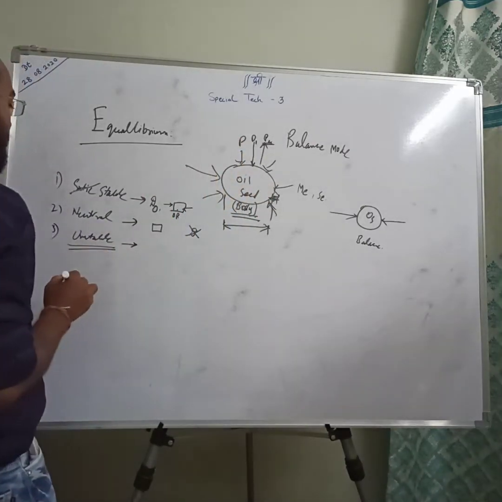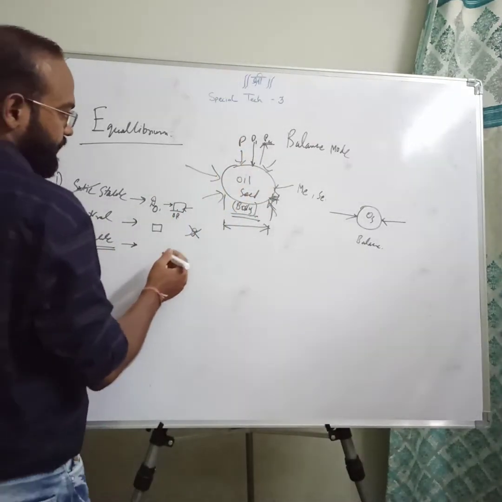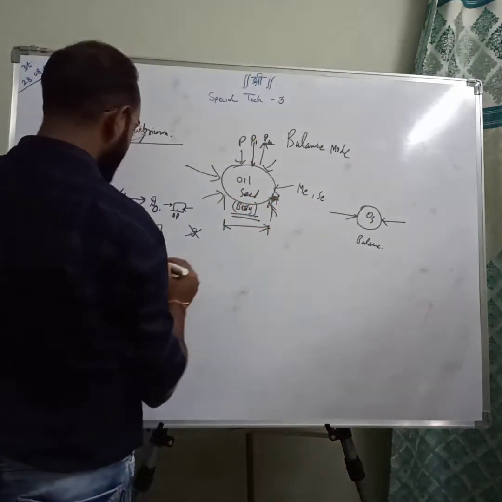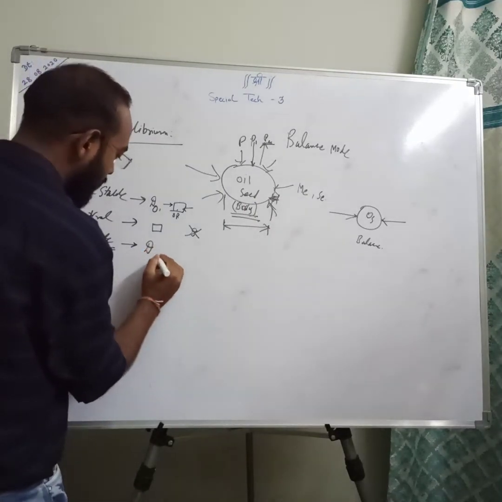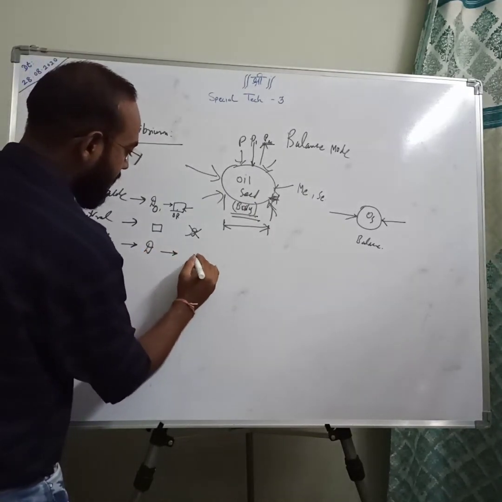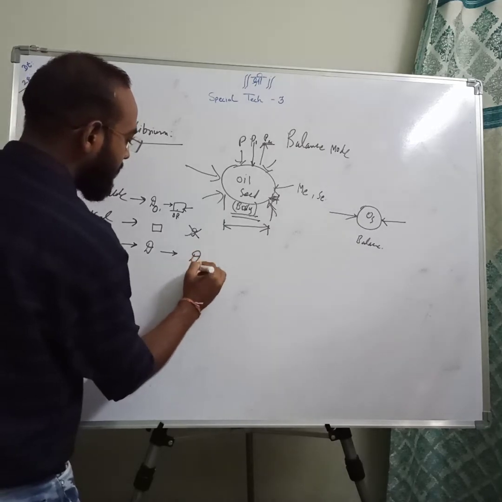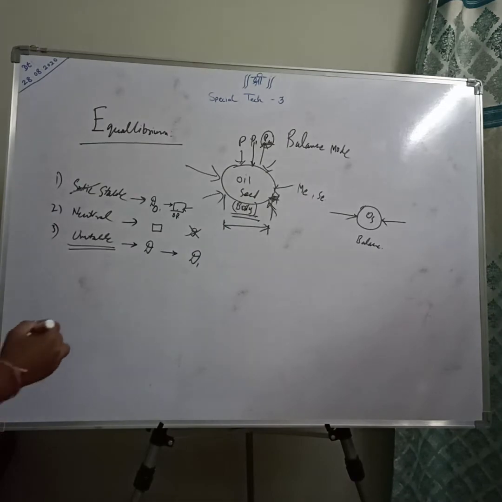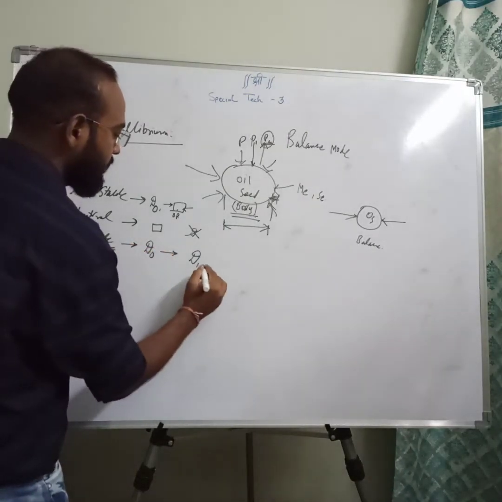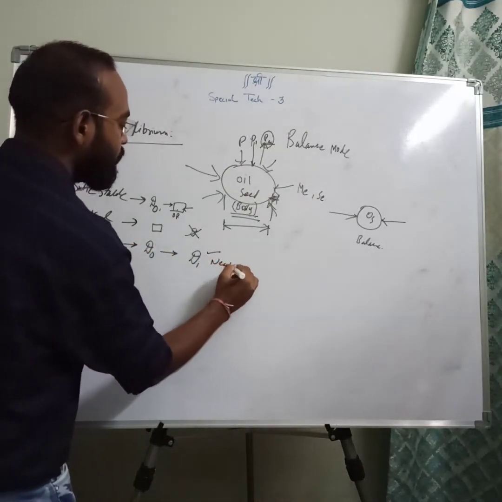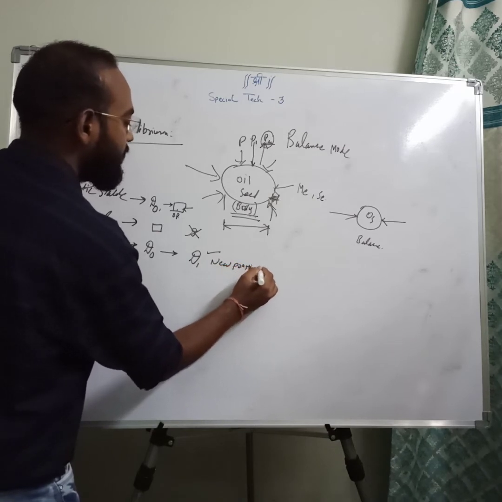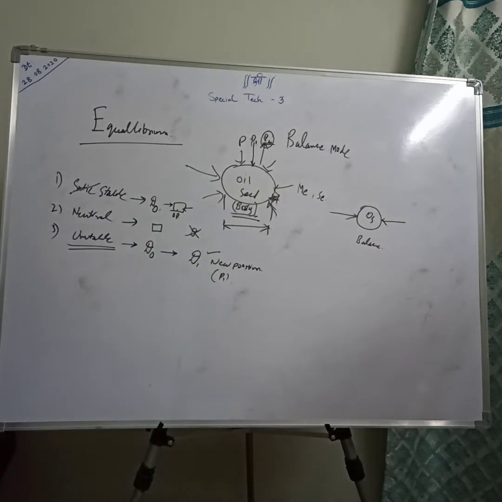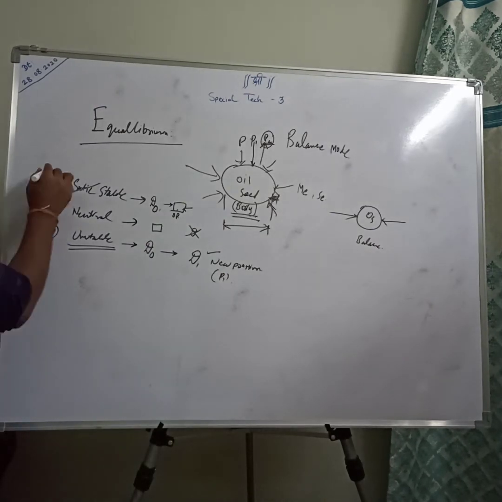And the third one is unstable. That is when we apply initial pressure and displacement occurs, and the body occupies a new position when we release the pressure. So from D0 to D1, a new position is there even after removal of the original pressure. This comes under the unstable classification.